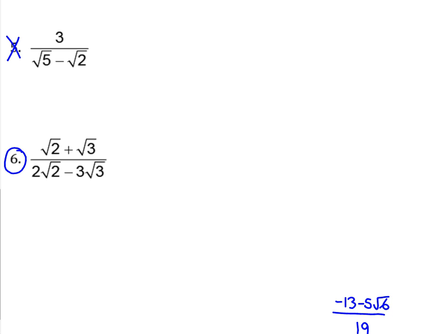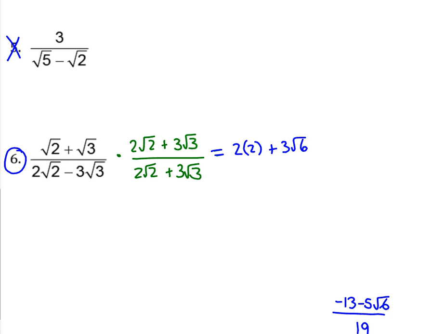So you're multiplying by 2 root 2 plus 3 root 3. You have to make the difference of squares. Okay. So when we do this, we are foiling. So the numerator, you should have 2 times root 4, or 2 times 2, plus 3 root 6, plus 2 root 6, and then you get root 3 times 3 root 3 is just 3 times 3, because root 3 times root 3 is 3. All over,